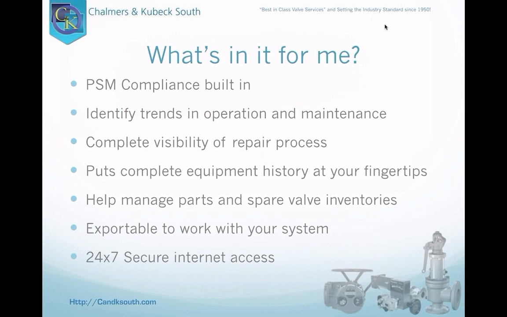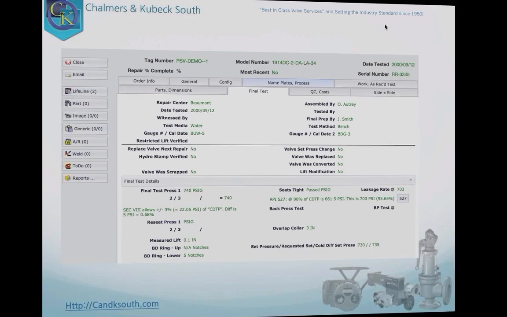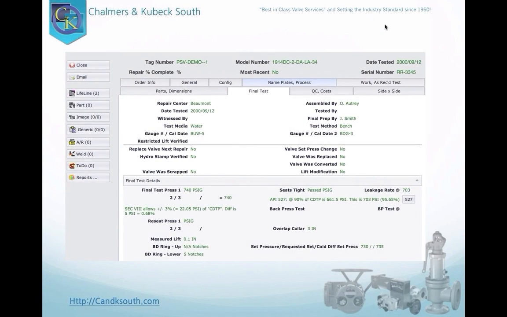But some of the things that have been really important to most of our customers, I wanted to bring up today. This is a quick example of some of the data. And when I'm talking about why it's important to do it on the repair level, this is kind of some